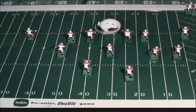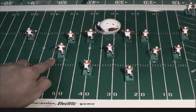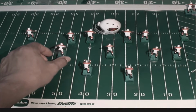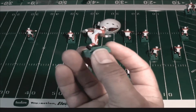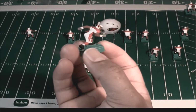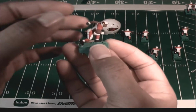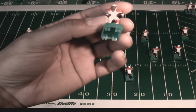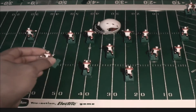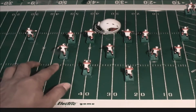I've completed basing this electric football Arizona Cardinal defense. If you recall in the last video, I was trying to find a base that could play left outside linebacker here. And I tweaked a base to play that position. Remember the figure that I was trying to get to play that side? This is the original Rutledge customized figure that I put together. And the base that I tweaked for it was a Tudor Super Pro Line base. So this base had proven that it could play the left outside linebacker for me, and we're going to test